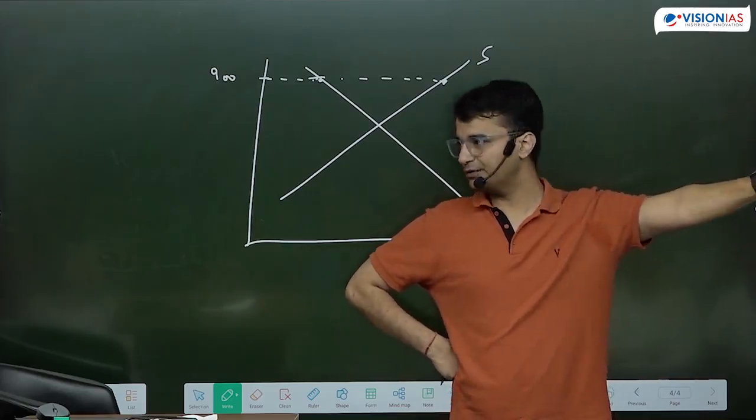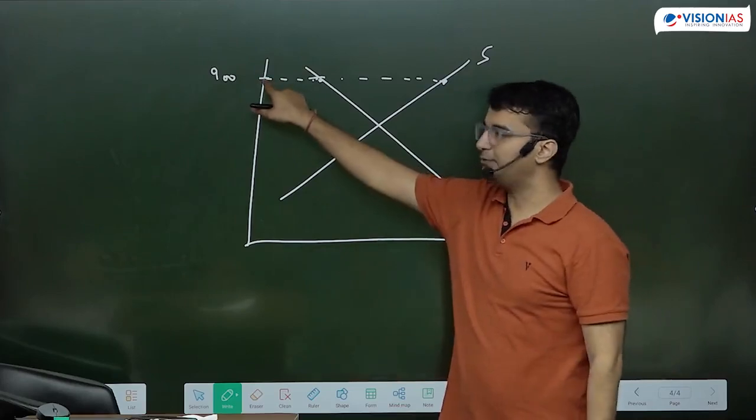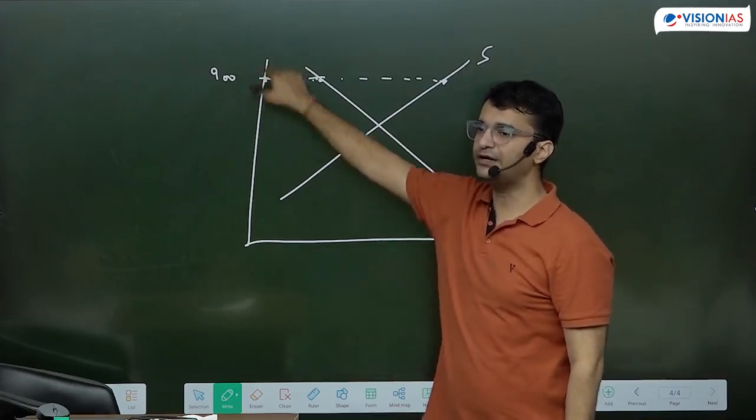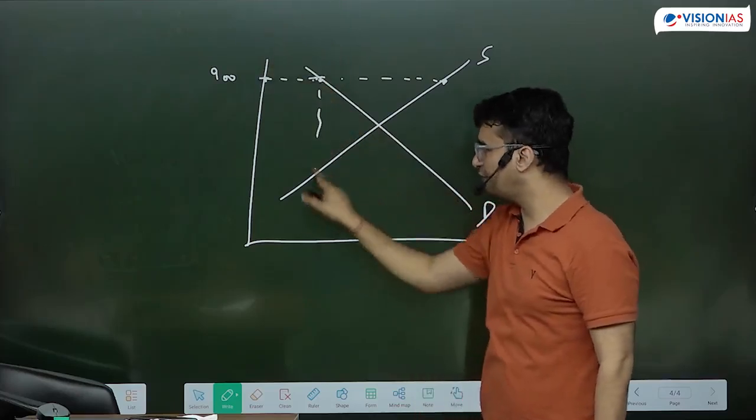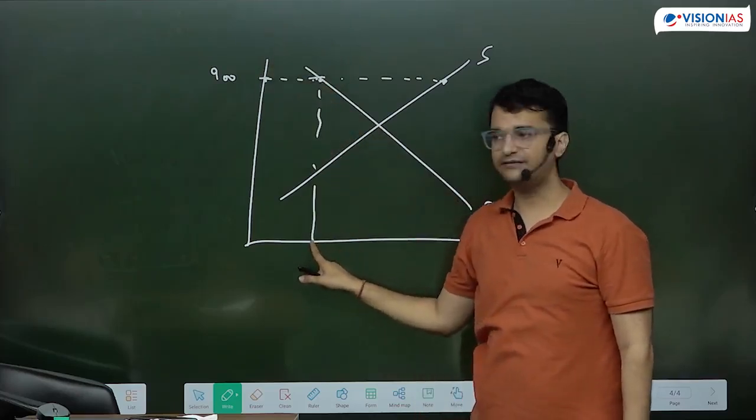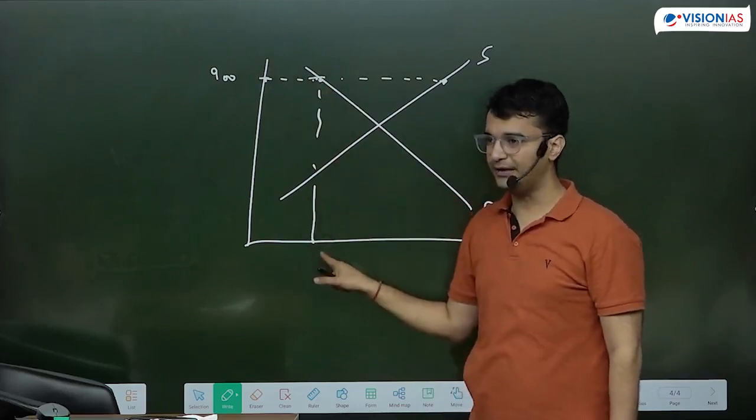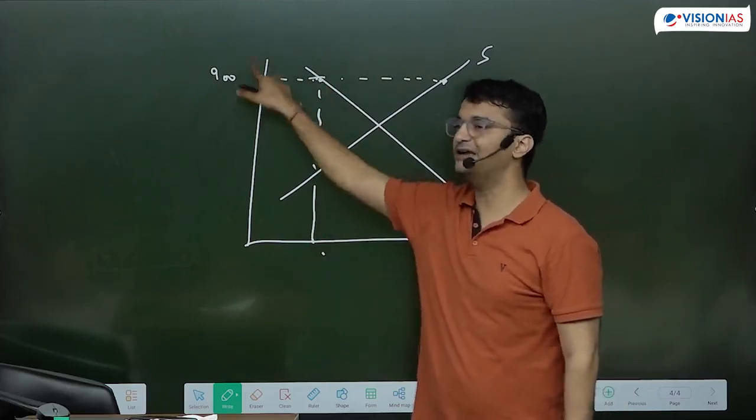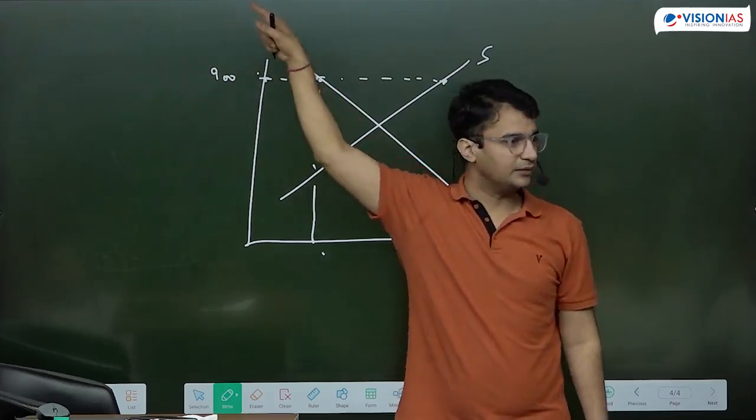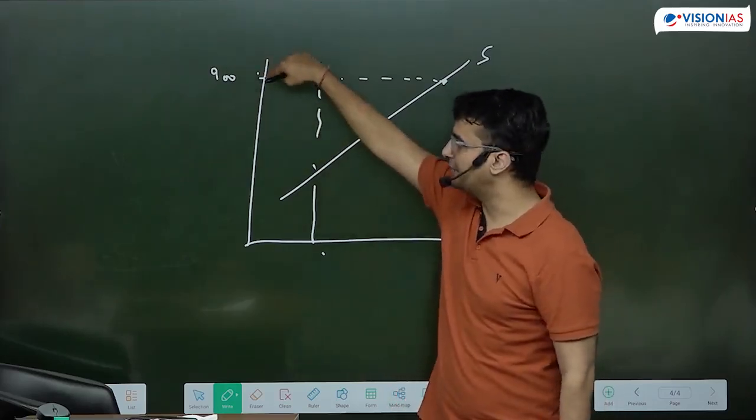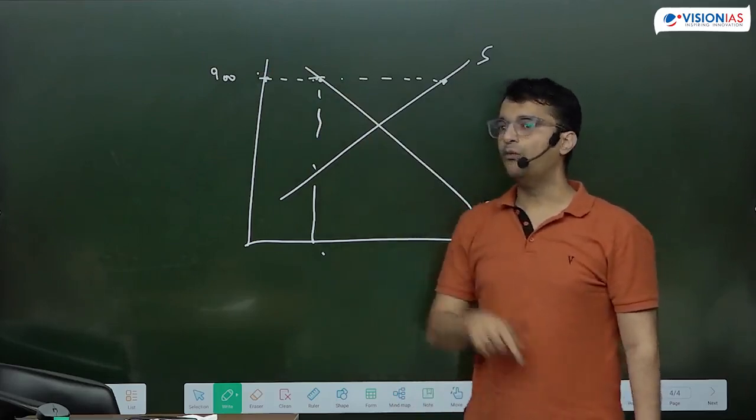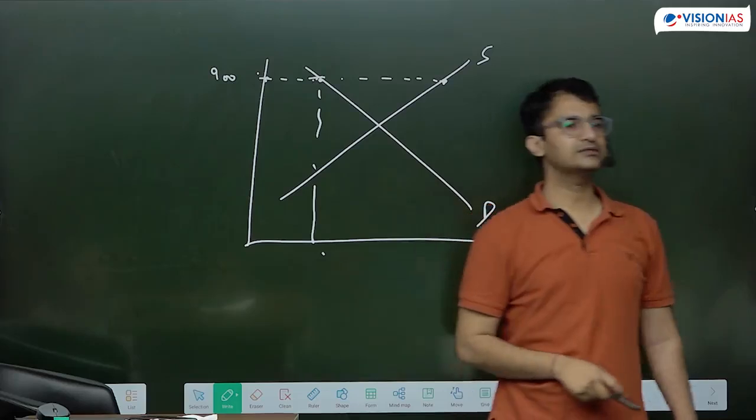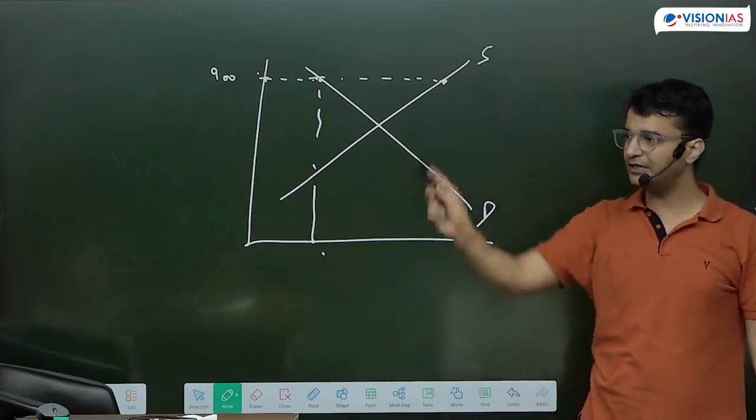Everybody else is out. So these people who are willing to pay a price of 900 or more, this quantity of people are the ones who are left in the market. This is what my demand is. People willing to pay a price of 900 or more. Demand comes from people willing to pay 900 or a higher price. What about suppliers? Who are all the suppliers left in the market when they get to know that the price